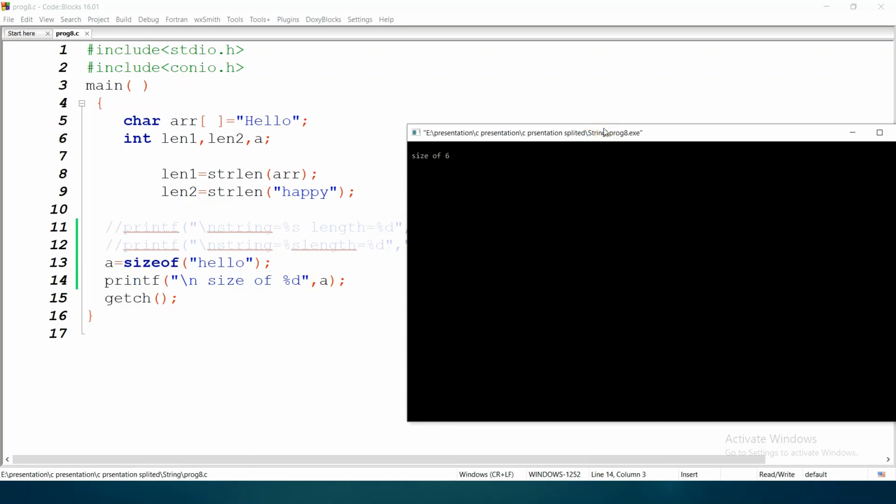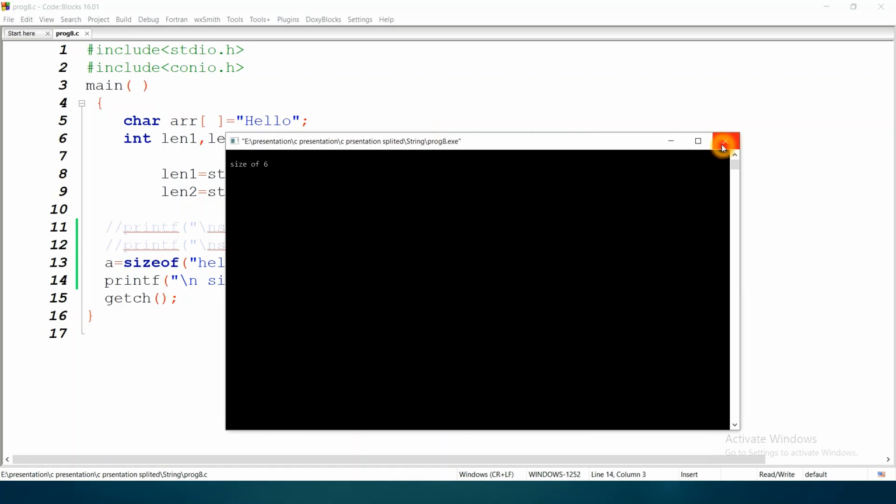Why so? Because the sizeof operator also counts the \0, so the total becomes HELLO plus \0. So 5 plus 1, it is 6. This is the difference between strlen and sizeof. It also counts the length with \0.